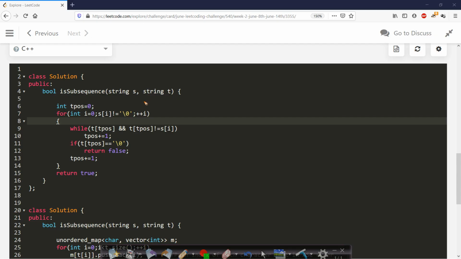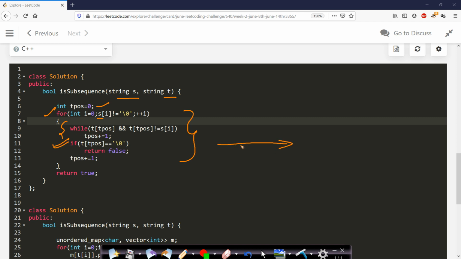This is the code for approach 1, where we are given strings s and t, and we are simply iterating over each and every character. The first loop iterates over each character in string s, and for each character in s we want to find its occurrence in string t. After finding it, we will check if you have reached the end of the string.